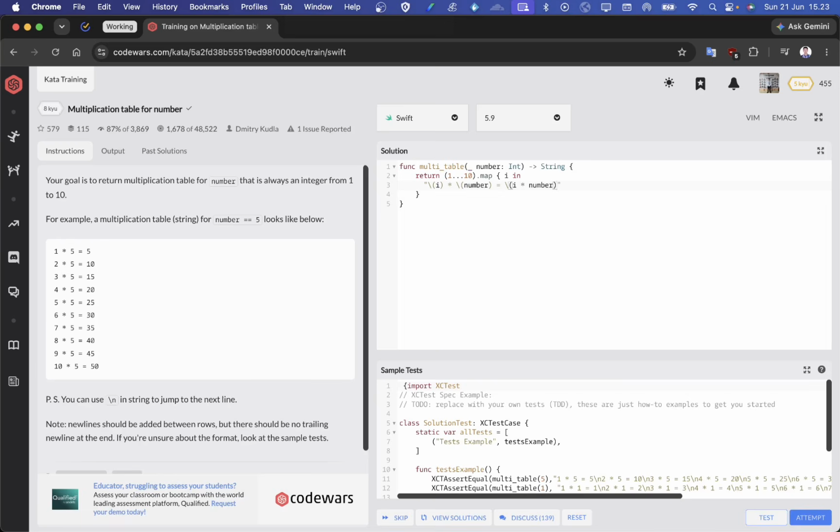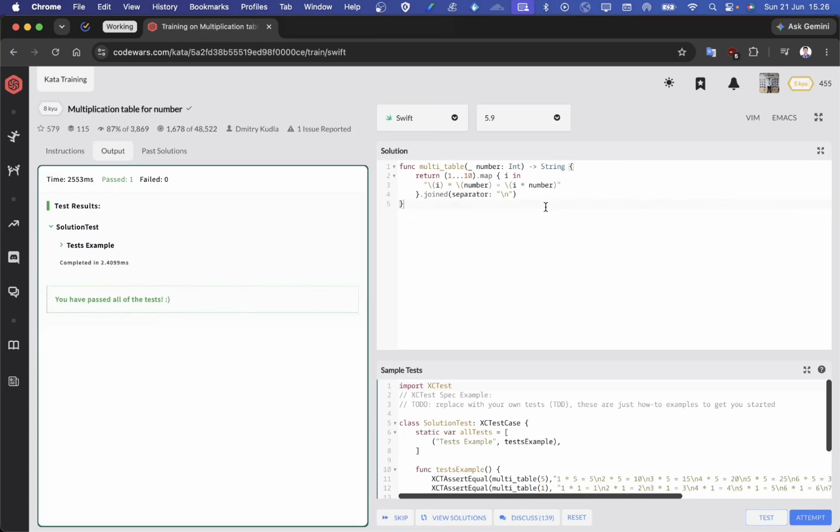Okay, after map, we have an array of strings. We need to join them into one. So after the map function, we can write a joined function, and we separate our strings with a newline, like this. Let's run the test, and everything passed, nice.